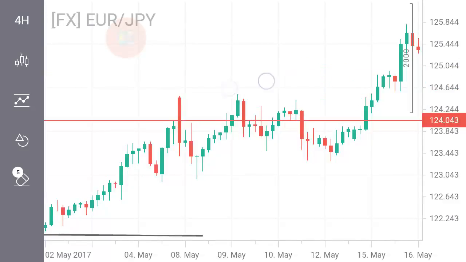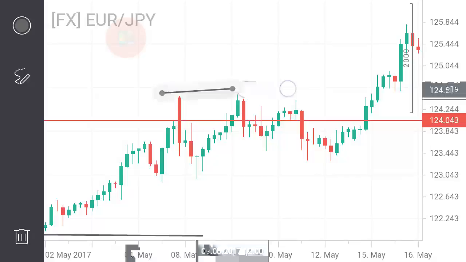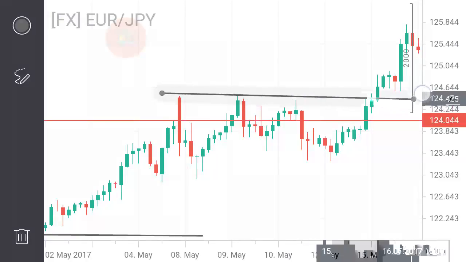Here is an interesting scenario. This is the high, this is the second high, this is the third high. It's formed a resistance. Let's draw the line again. This is the resistance line. At this stage, you can see the first attempt made by the prices to break above, couldn't break. You see the second attempt, it didn't break, and the third attempt also didn't break. But if we extend this line,